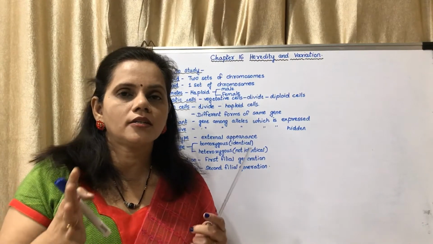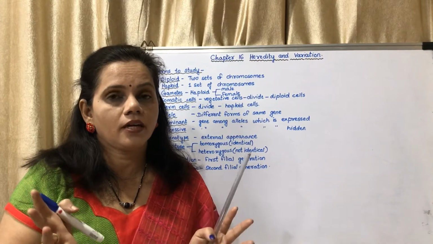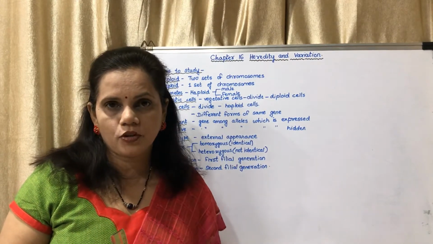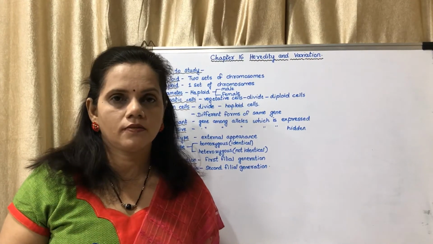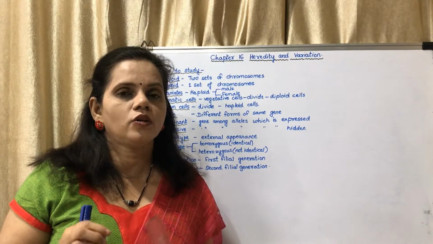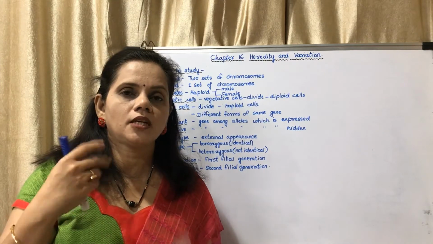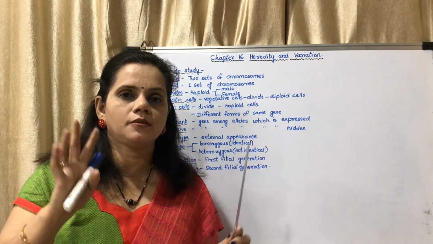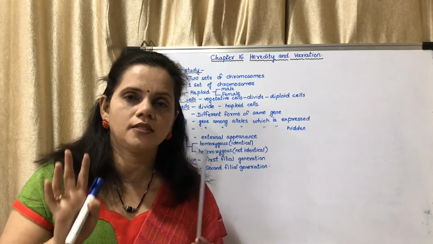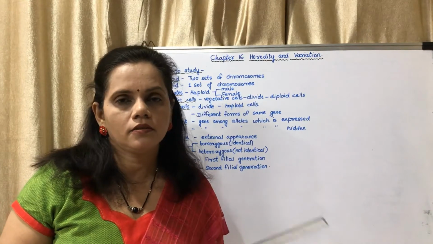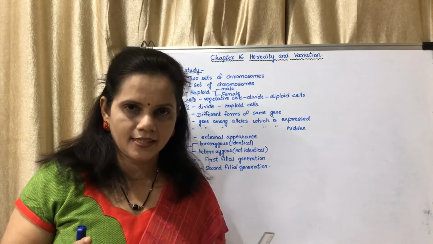Hidden means it is not hiding somewhere. It is there but it is not able to talk because the dominant one is there. So there are two people, one who is very talkative and the other who is very silent. If you are going to a market and there are two shopkeepers, one shopkeeper is shouting and shouting, "10 rupees methi, 10 rupees potatoes," and the other person is not shouting, he is just sitting. Whom will you mind? You might go to the shopkeeper who is shouting. That means he is dominant. This is just an example.